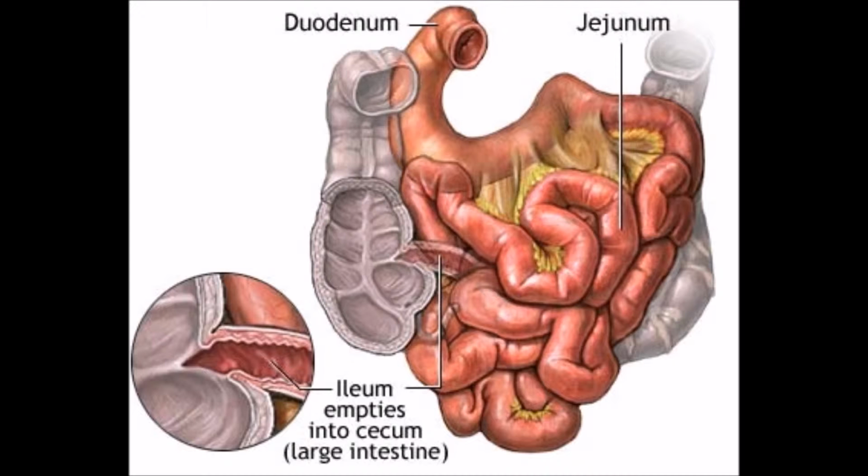The intestinal fluid contains enzymes called amylase that break down starch into sugars, protease that break down proteins, and lipase that breaks down fats. The intestinal fluids also contain bile salts that emulsify fats, neutralize acid from the stomach, and stimulate lipase secretion from